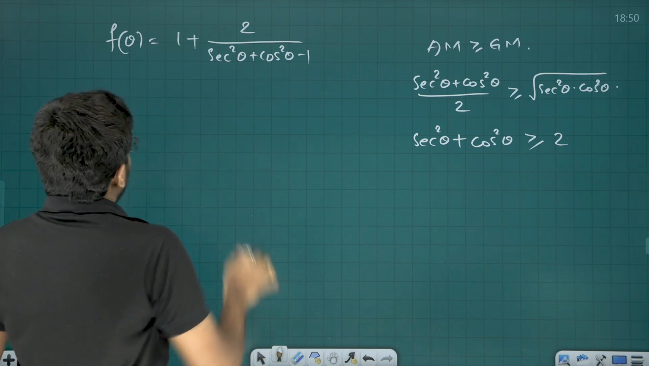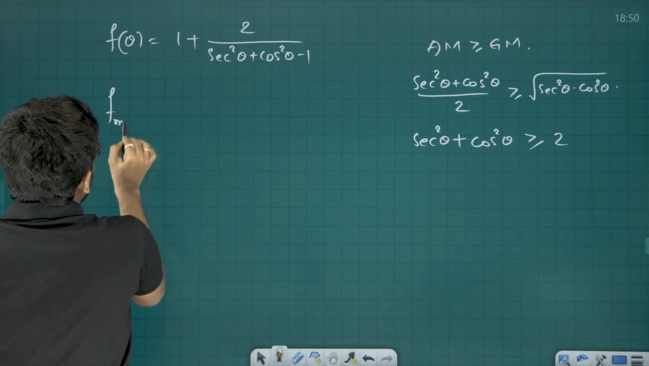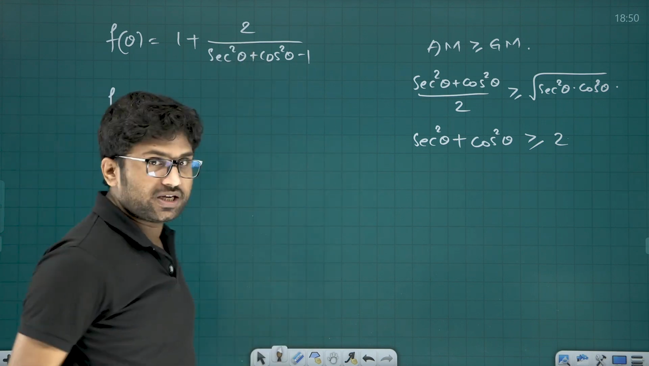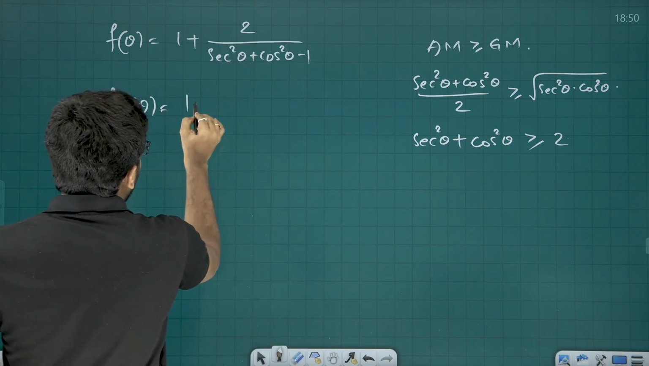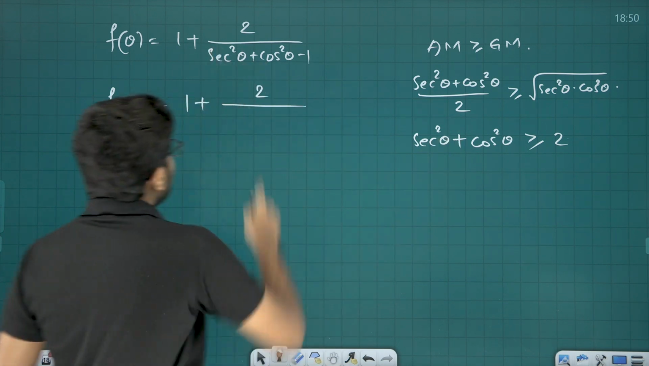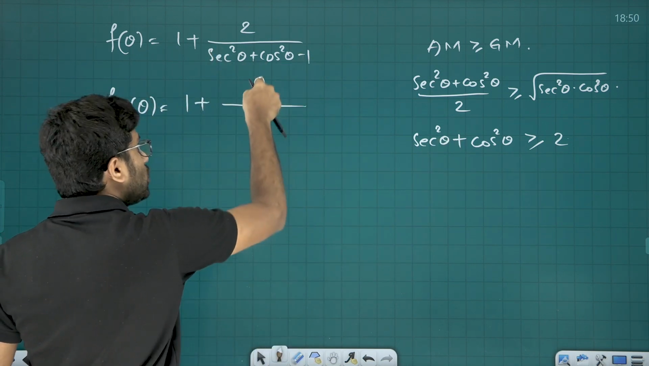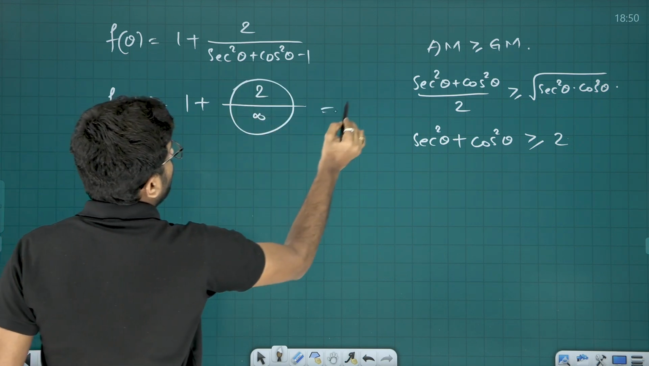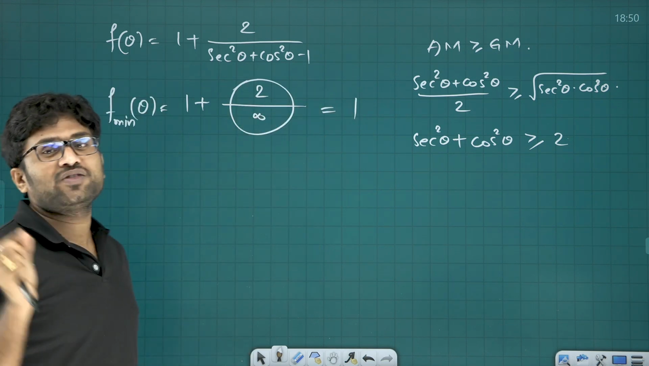So now what will be the minimum? Minimum value. To get minimum, we have to put maximum in the denominator. Correct? Maximum in the denominator means 1 plus 2 divided by maximum of this, which is infinity. Infinity minus 1 is infinity. 2 by infinity is 0. So this value will be 0. 1 plus 0 will be 1. So the minimum of this expression is 1